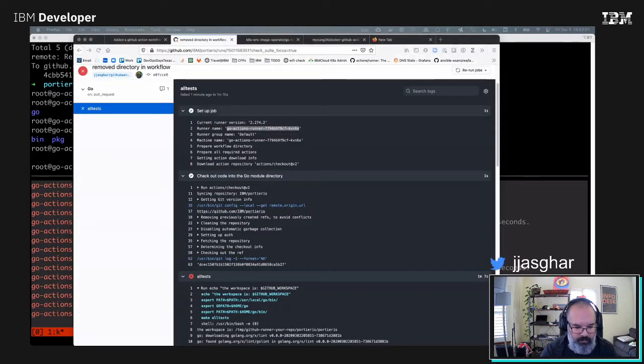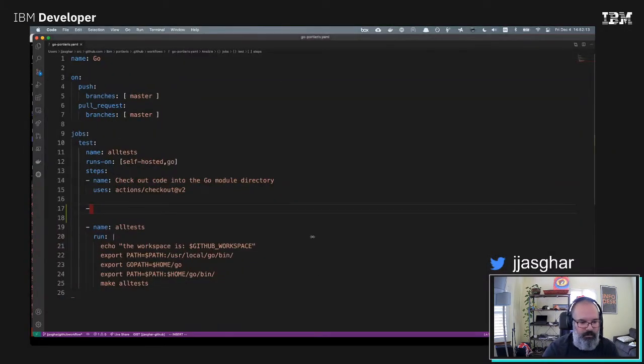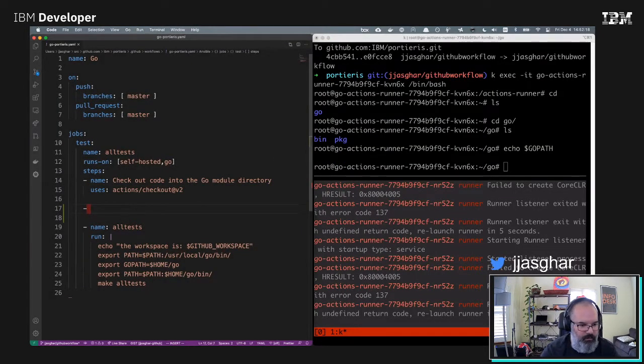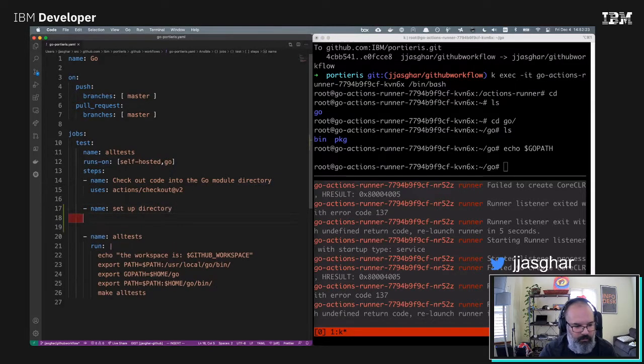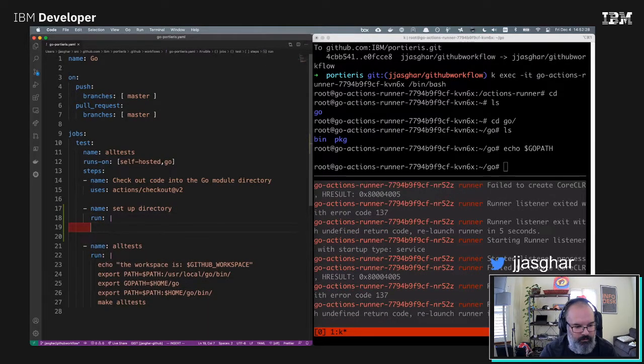Don't have a go path declared. Okay, so what I could do, there is a go directory. So what I could do here is name set up directory, run dir-p go